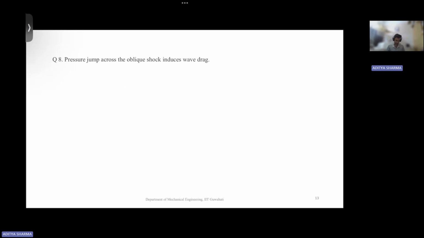Then we'll move on to questions. Question number 8: the pressure jump across the oblique shock induces wave drag. Whether this is true or false,